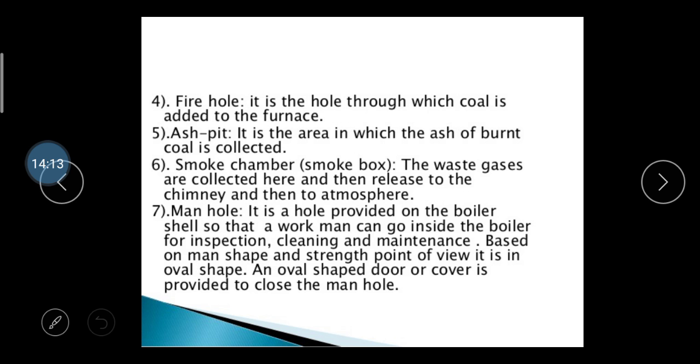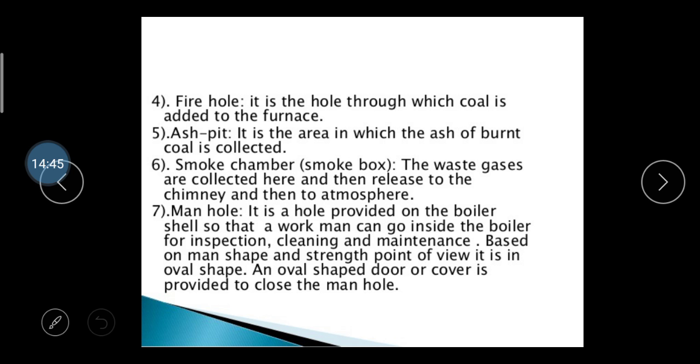Then after, the fire hole is a hole through which the coal is added to the furnace. Then the ash pit is the area where the ash is collected after the coal is burnt. Then the smoke chamber, the smoke box, holds the waste gases, and the chimney is for conveying the smoke to the atmosphere. Then the manhole,